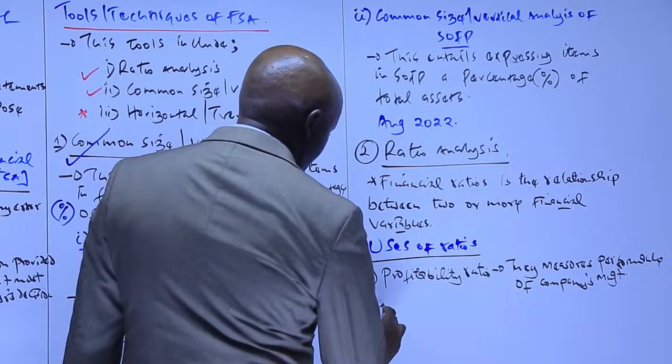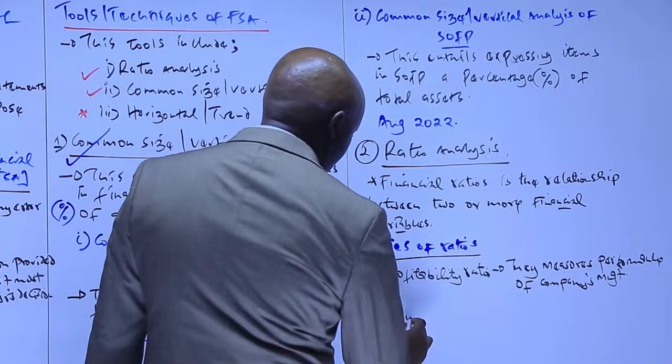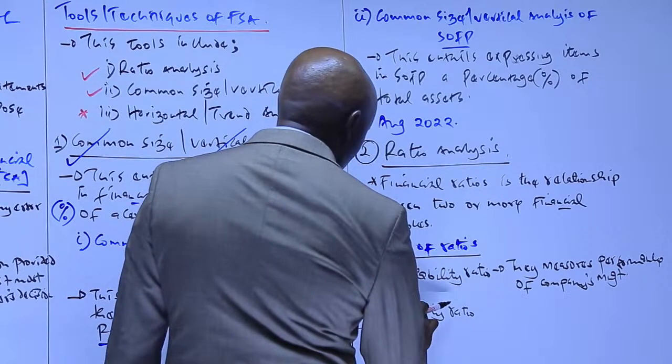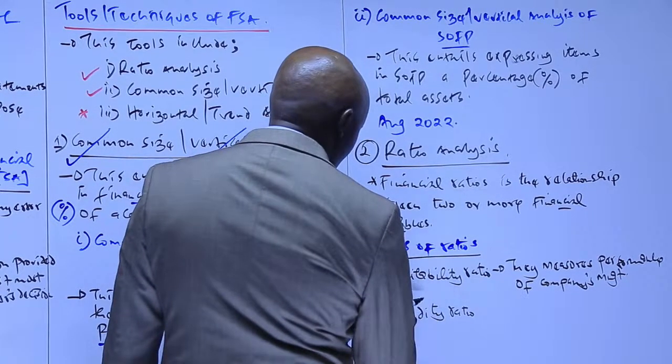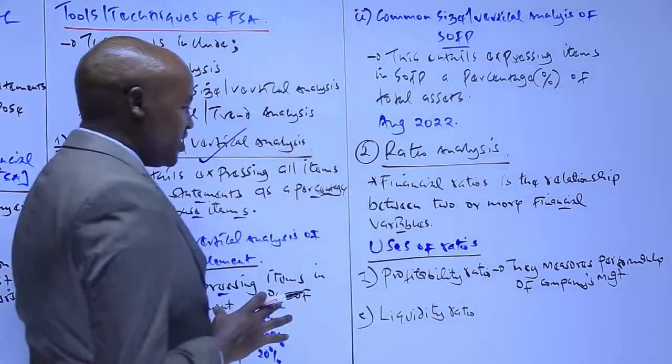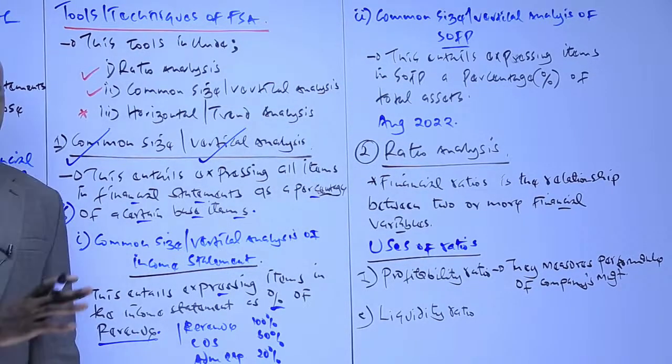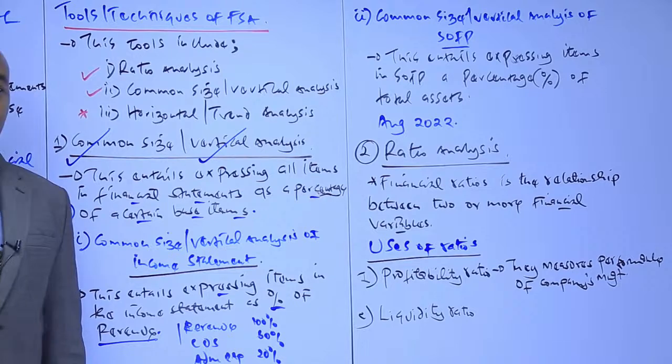Then we also have the other category of ratios, and that is the liquidity ratios. So how are these particular ratios used? Liquidity ratios are ratios which are computed. We're going to look at various types of liquidity ratios, and they are used to